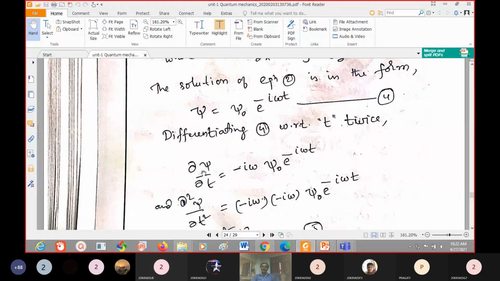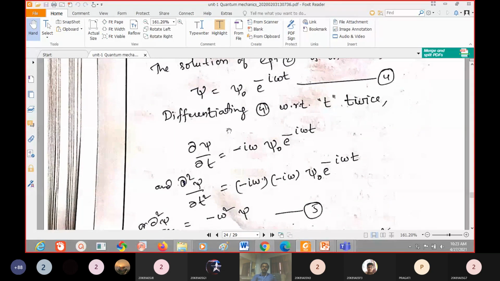So if you apply the first derivative, dou psi by dou t is equal to minus i omega into psi naught into e power minus i omega t. This is the first derivative. So again we will differentiate with respect to t. Here i omega is constant, psi naught is constant, we will keep both. If you differentiate again, it will be minus i omega into e power i omega t. So finally we will get the equation dou square psi by dou t square equal to,